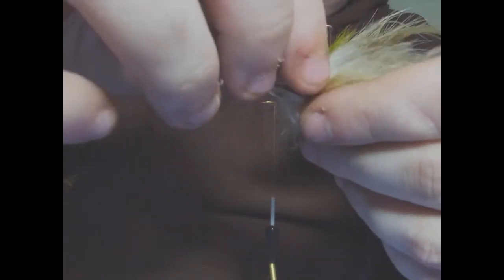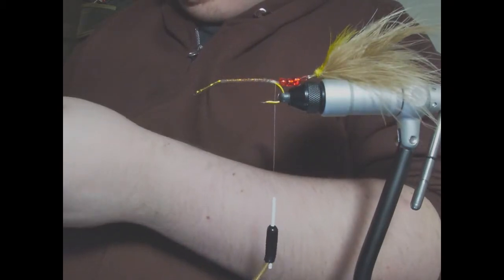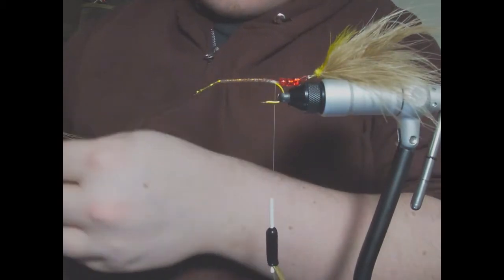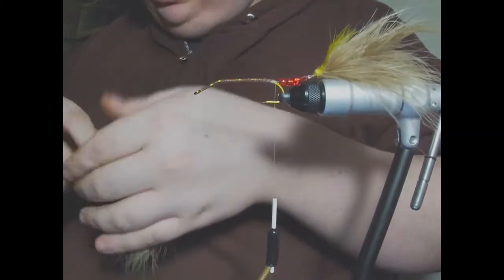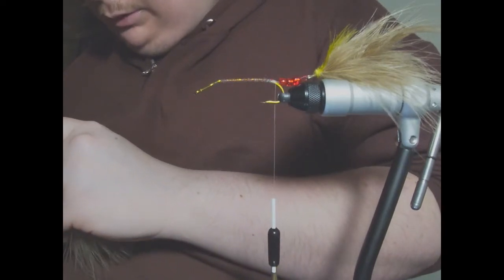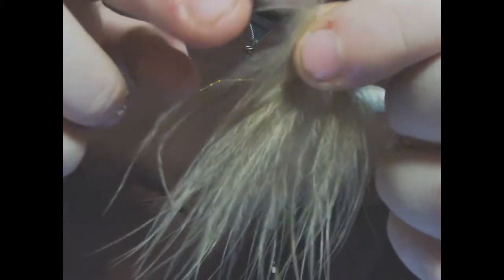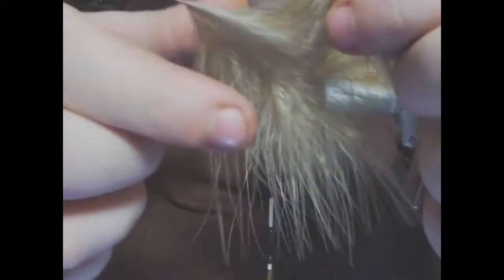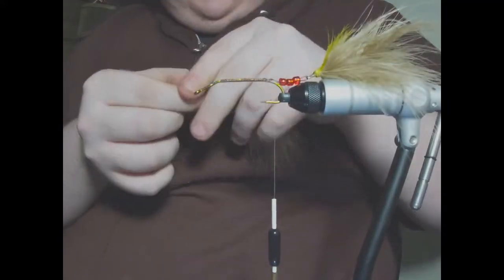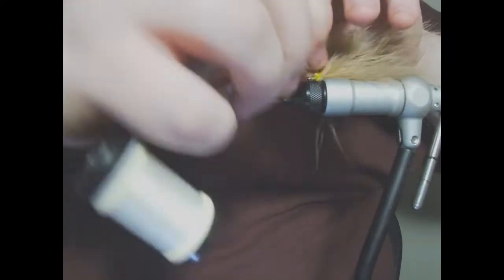We're gonna take and get all this crap off the bottom here. We're gonna be left with a nice, good, solid plume of our tan marabou. Stripping it right there. I'm gonna take off its little stem a little bit more. See, that's the perfect piece you want to look for when you're doing this: a nice thin stem that's easy to bend, wispy, with a lot of room to it. So, same thing as last time. I'm gonna try to grab it from the bottom here, lock it in real good,